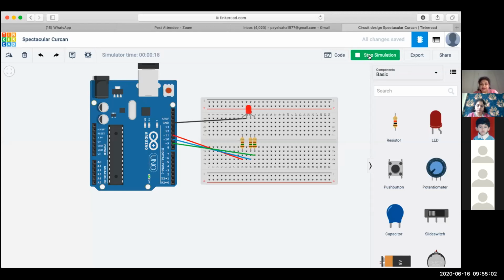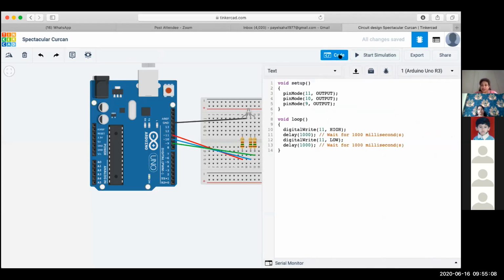But we have written the code only for the red color. I want to bring in the other colors, green and blue, also. For that, what I'll do is I'll use my best friend, which is known as copy and paste. And I will repeat the loop. I'll paste it twice.